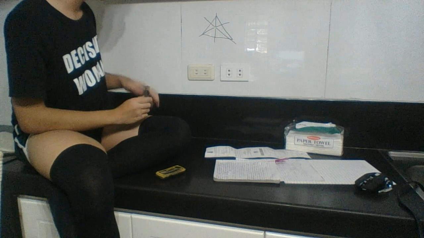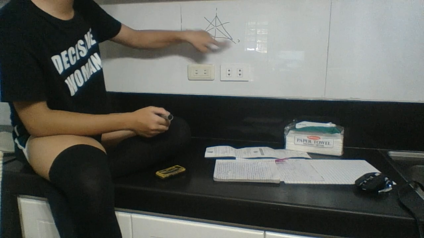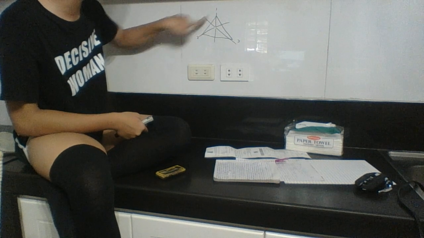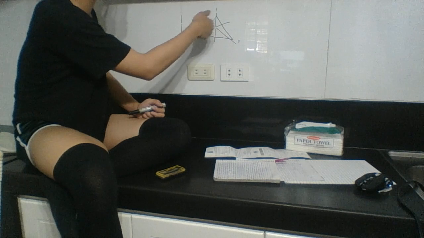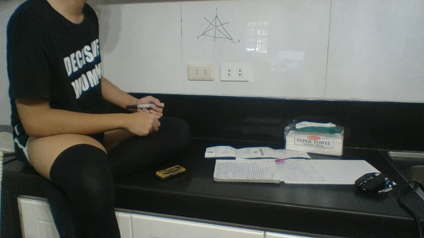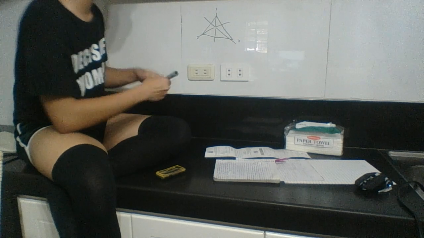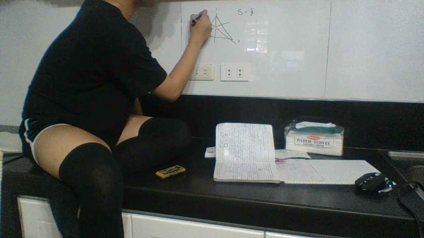So if I label these vertices as 1, 2, and 3, and I flip along this line here, it permutes 1 and 2. So 2 goes here, 1 goes here, right? There's another move such that if I apply it on that new triangle, it puts us back where we started, right? So that makes sense. So I'll call it S, and it contains, let's call these A, B, and C,